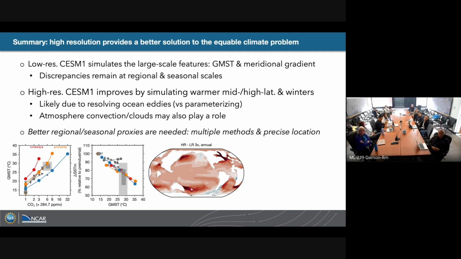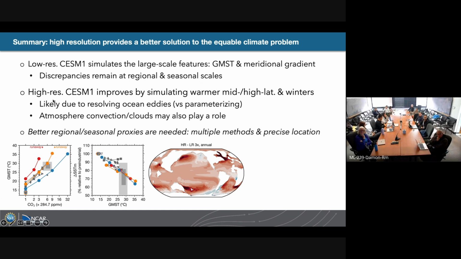Okay, that's my presentation. I want to quickly summarize. I have showed you that the low resolution simulation CESM1 is a model that best matches the proxy records in terms of global mean temperature and temperature gradient. However, we still have large model data discrepancy at a regional scale. And I showed you also that